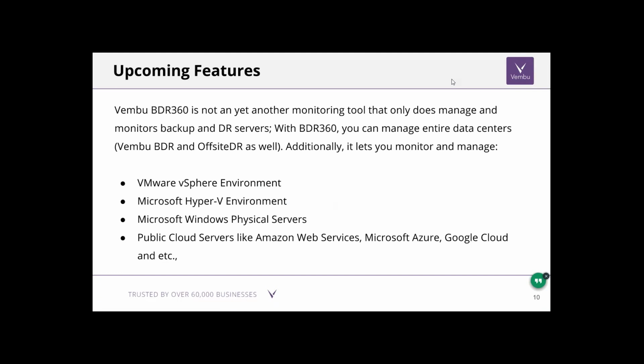It's not just another monitoring tool where you can just monitor and manage your backup servers and backup activities.